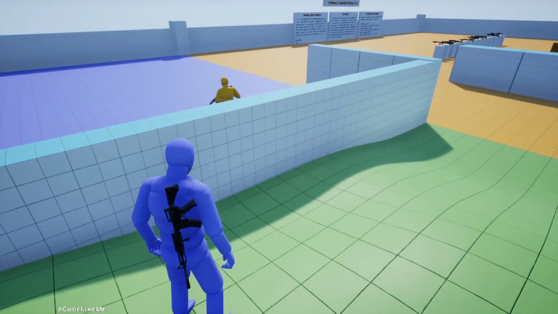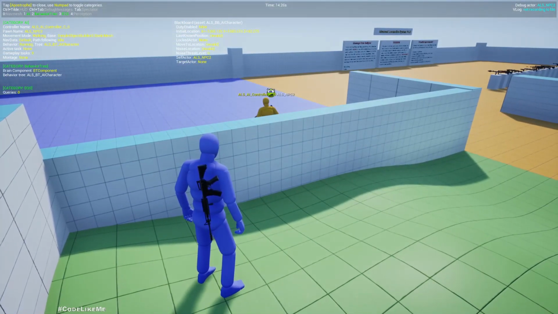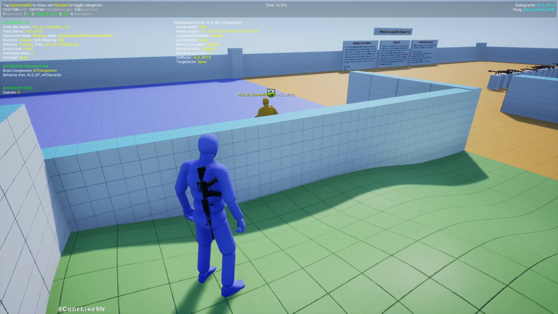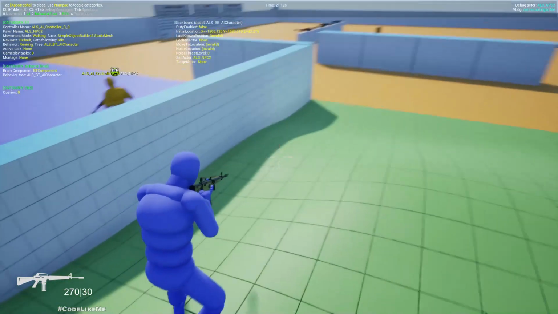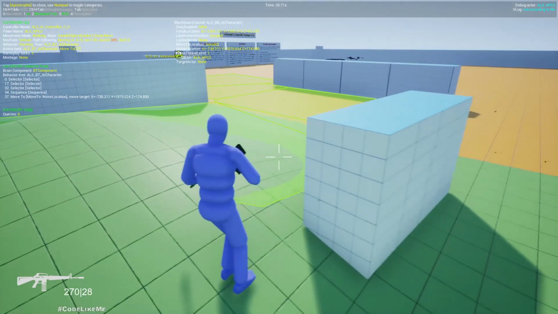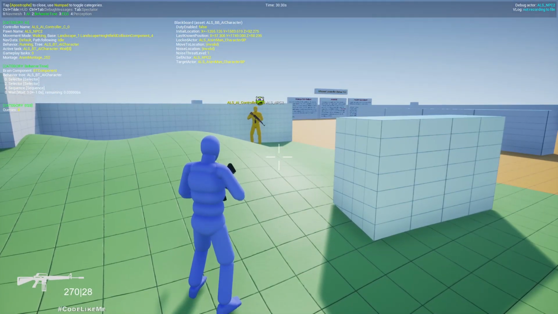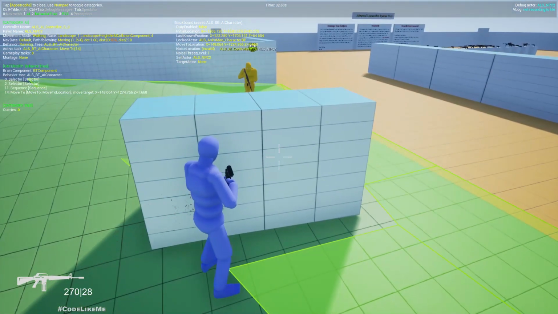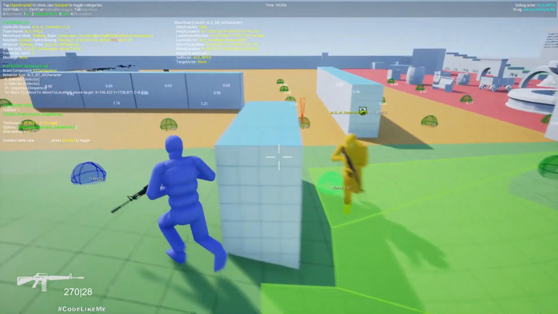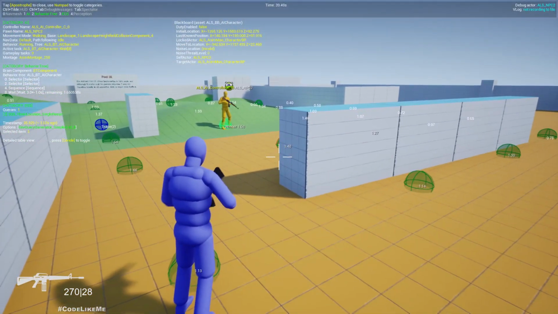Hello everyone. Today we are going to implement an environment query system to allow NPC characters to find locations that they can shoot from that has a line of sight to the player. So here is a demonstration, and when he sees me, he starts shooting at me. But if I break the line of sight, he does this environment query to find out locations that he has a line of sight to me